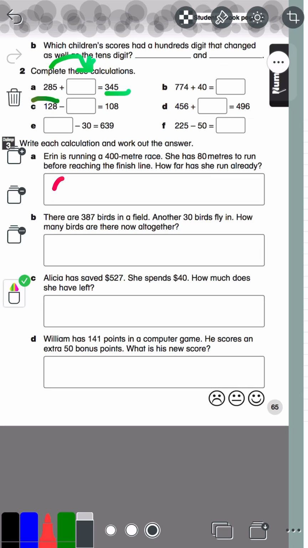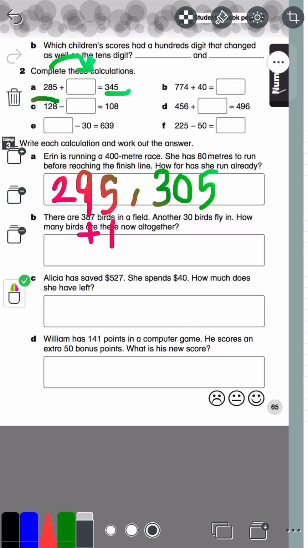So it's like this. 295, the next number. Now 305, it's like we add 10 to the 90. Add 10 to 90, that equals 100. So 100 plus 200 equals 300, and we have 5. So 305, and then 315,